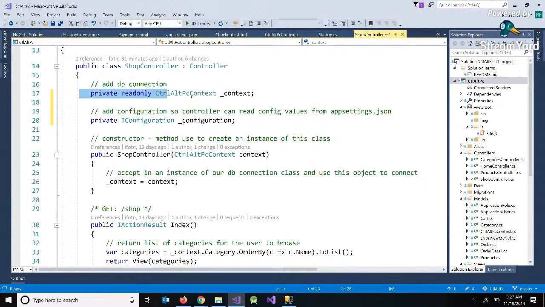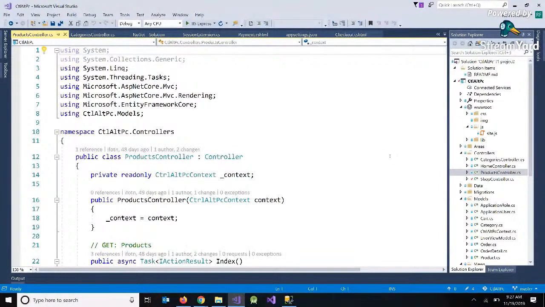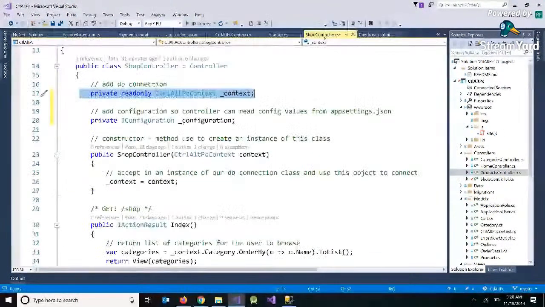So this was here, and the scaffolding does this automatically. Like our product controller, we didn't make any changes here. We just scaffolded this. And notice when we scaffold it, here are the first few lines of the controller. Declare an instance of the database context and use dependency injection. Whenever you create the product controller, it accepts a database object. So all our controllers automatically accept the database, but our shop controller also needs a configuration object. So in here,